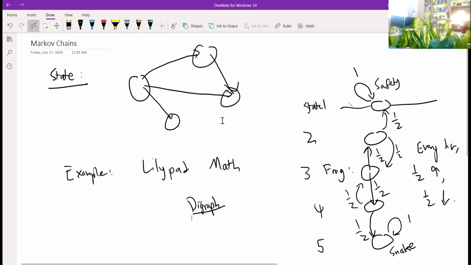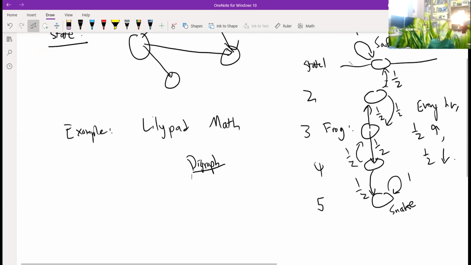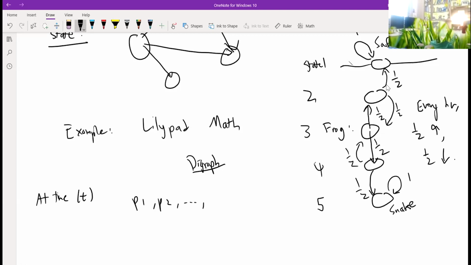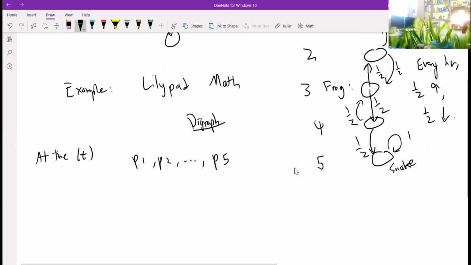So in general, we can actually write some cool probability equations regarding this digraph here. For example, let's say at a certain time t, we'll look at the probabilities P1, P2, all the way to P5 of the frog being at that lily pad. So let's say it has a probability of P1 at state 1, P2 at state 2, P5 at state 5. So let's look at first P1, the probability at time t plus 1. So we're looking at the next step. If the frog takes another step, the probability that he is at